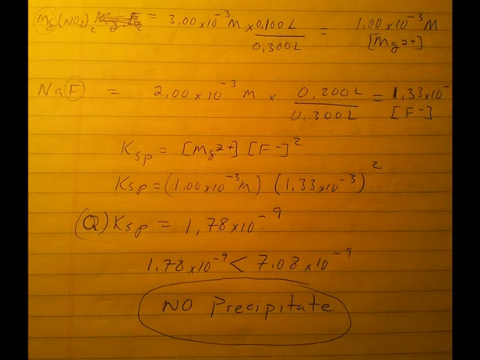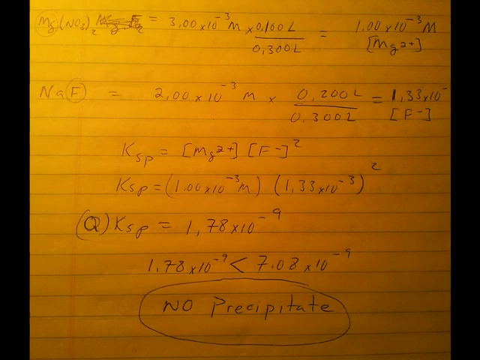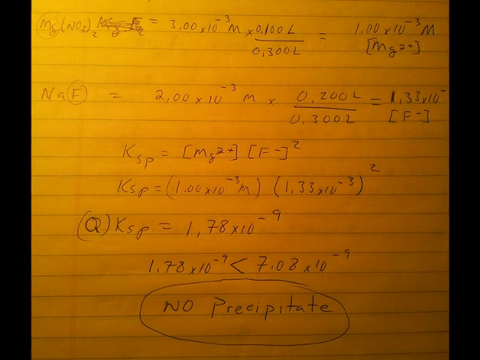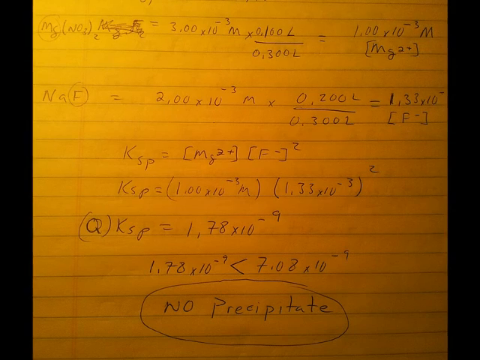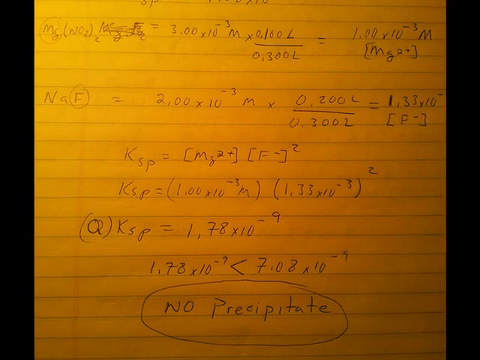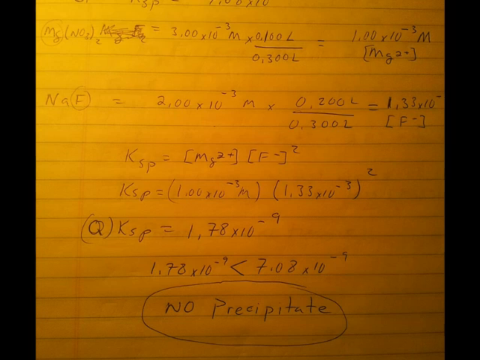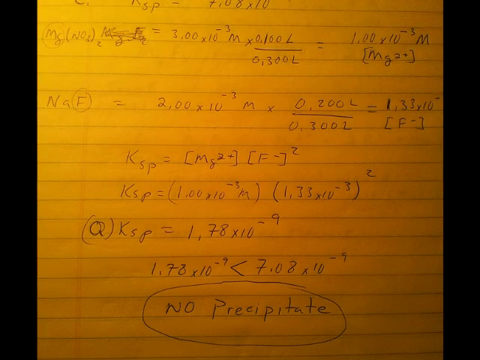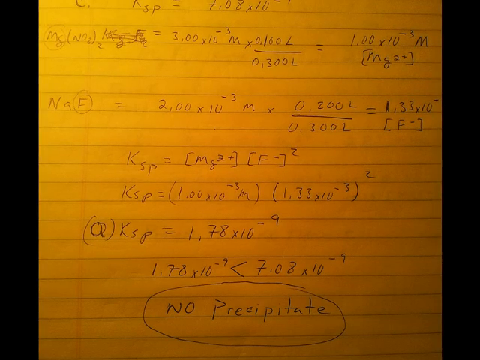Do essentially the same thing for the fluoride. So we have 2 times 10 to the negative third molar fluoride times the 0.2 liters that we added, divided by 0.3 total liters, gives me 1.33 times 10 to the negative third molar fluoride ions. We'll plug this back into the KSP, and when I multiply 1 times 10 to the negative third molar times 1.33 times 10 to the negative third molar squared, I get